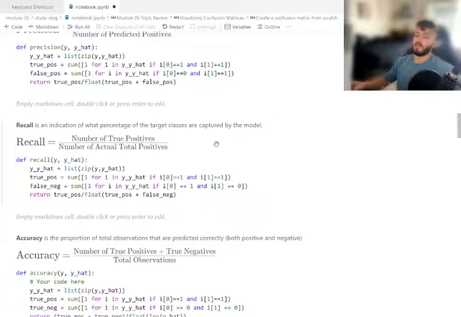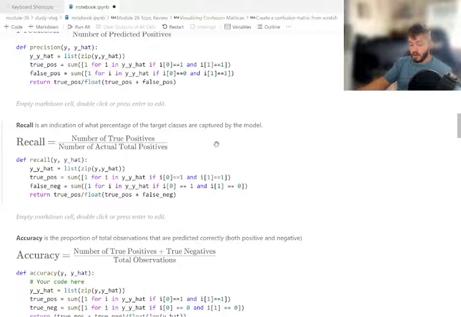So recall, I was just talking with my cohort leader earlier about this. Recall was weird. Just the wording of it didn't make a whole lot of sense to me. Your formula is your number of true positives divided by your number of actual total positives. So it's a little different than precision. What really made it click for me when I was talking to my cohort leader earlier,